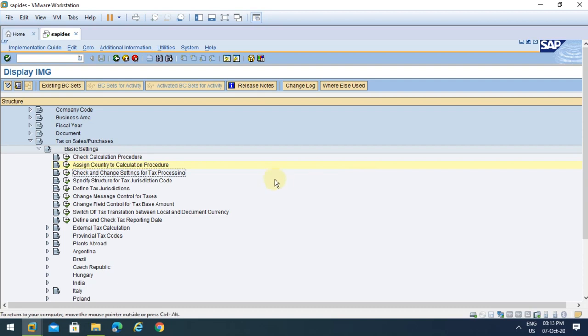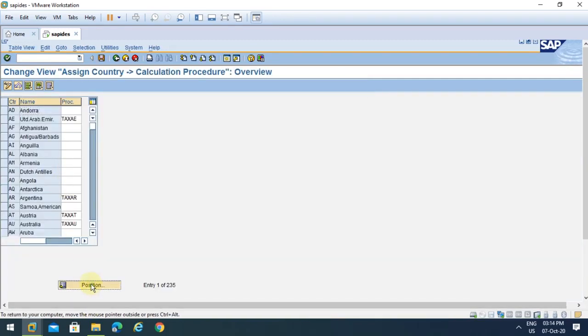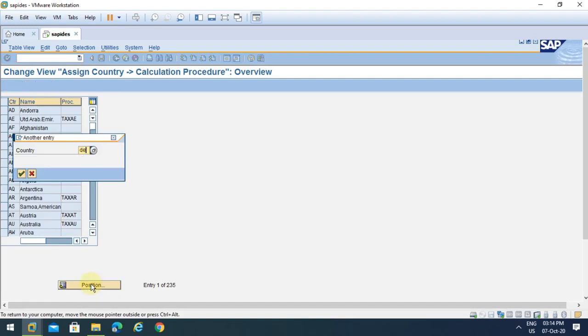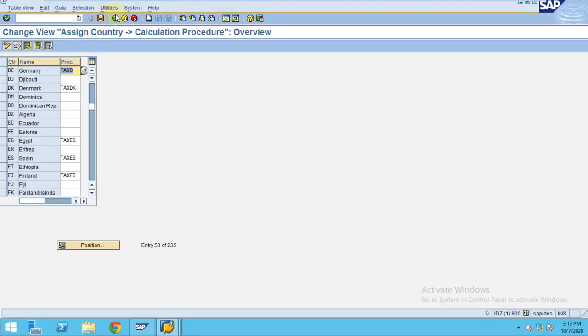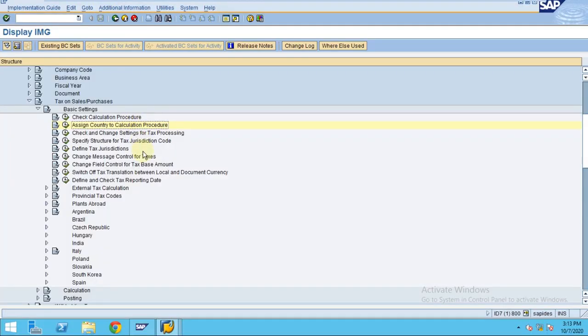Hi, so far we learned all the basic settings and we also know how to assign the tax procedure, and we already have the tax procedure for our country code, which is D. And if you see, we don't need to assign any tax code. So let's see now whether there are any zero tax codes for